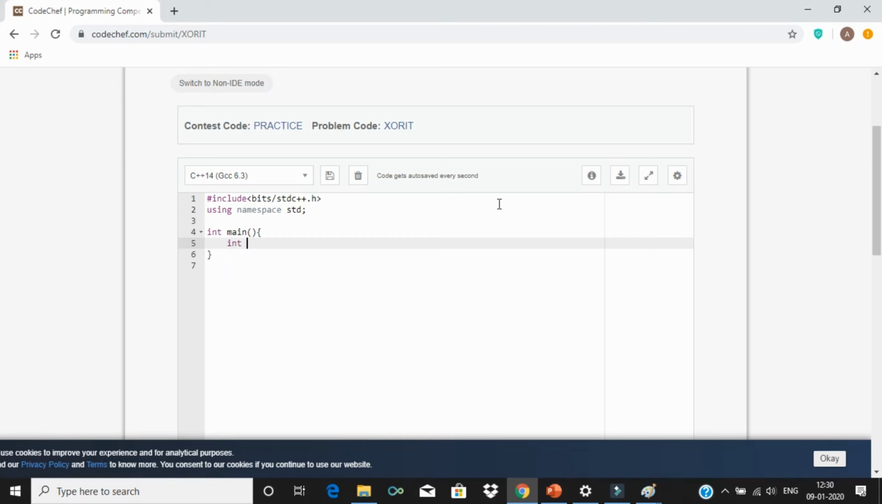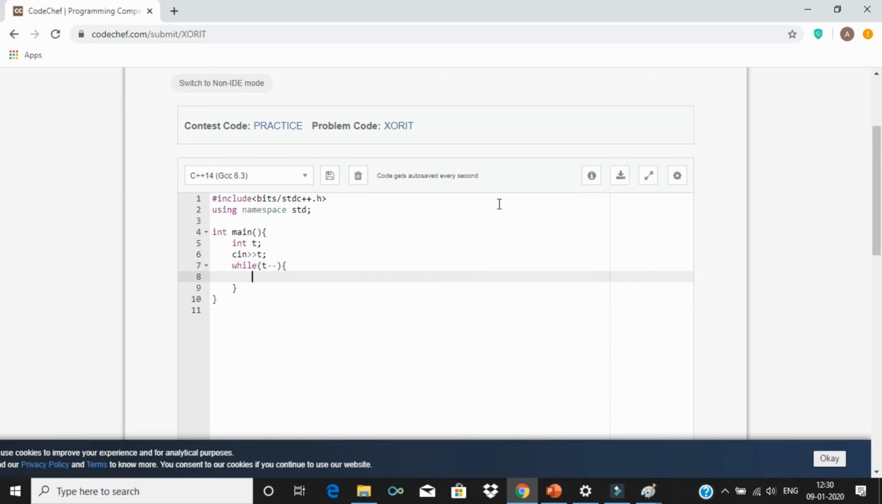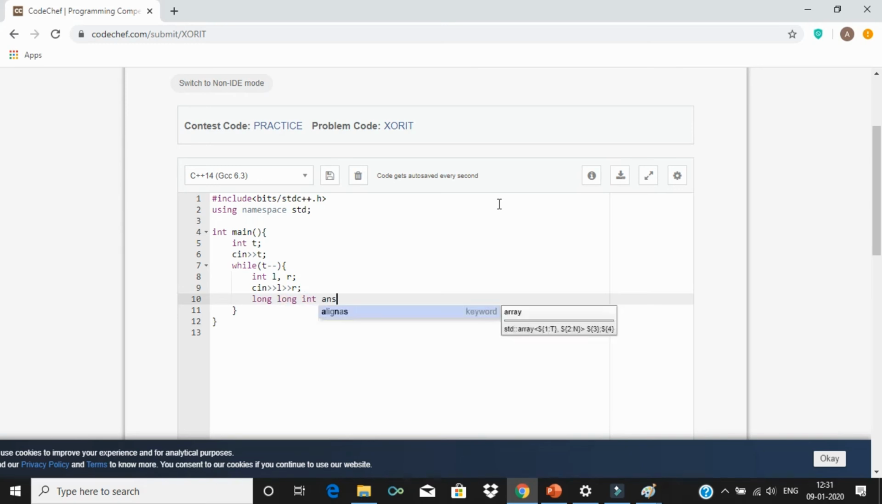Now we have been given some test cases T, and for all those test cases we are given some input L and R. Now what will be our answer? We will store it in the ans variable. First of all, as we have discussed in the editorial,